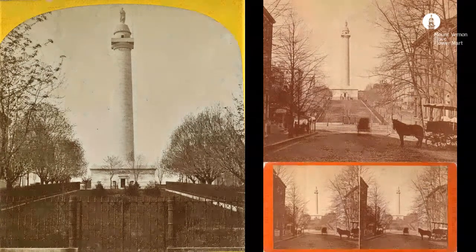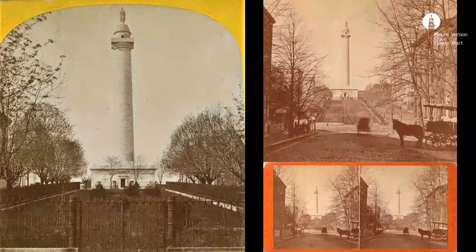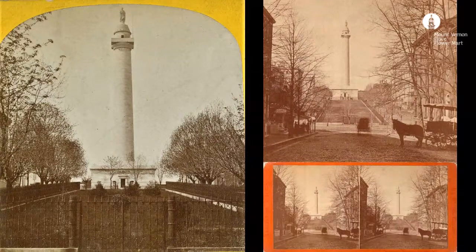And I think one of the reasons why they took these during the winter is that when all of these trees that encircled the square were in leaf, you couldn't see the monument. We have a really close up here on the left, but in the image on the right, which is a little small, I'm sorry, there's actually a tree or several trees in front of the gate area there. So when that was all in bloom during the summer, there was this kind of ring of trees that completely